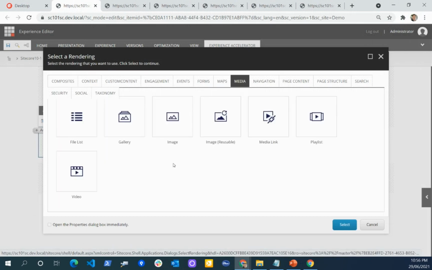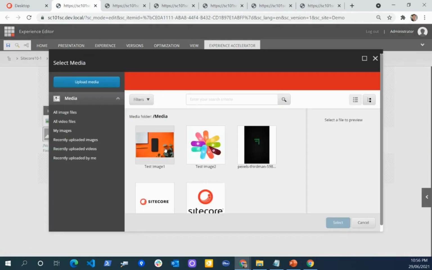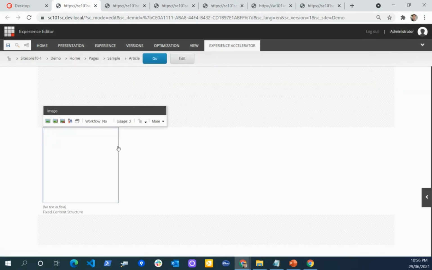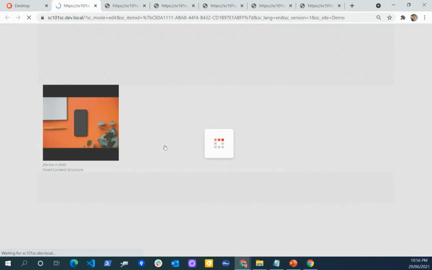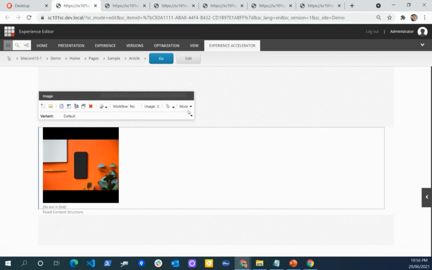So if I drag and drop the image here, and say this will have this one image, now we can define what the viewpoints would be.